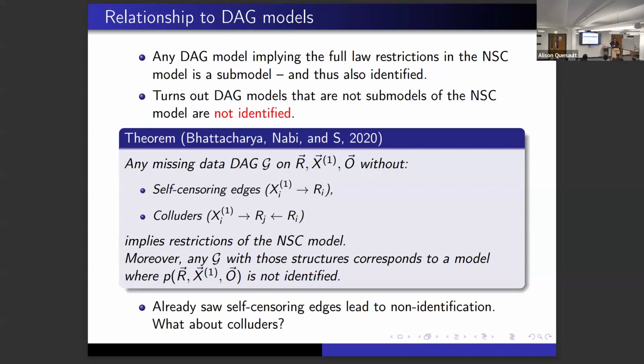Okay, because NSC is not a DAG. Yes. And any DAG that is identified is a submodel of NSC. Yes. So the other non-DAGs that are identified do not have any DAG submodels unless they are also in NSC. Is that right? Yeah. Okay, that's what I was trying to get at. Yeah. So this is for all DAGs, so by necessity, it follows what you said.